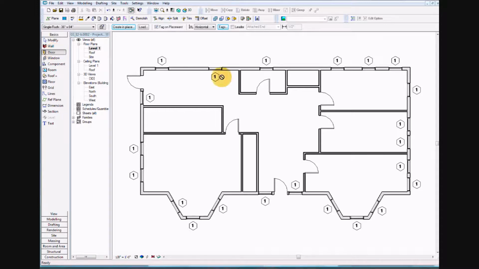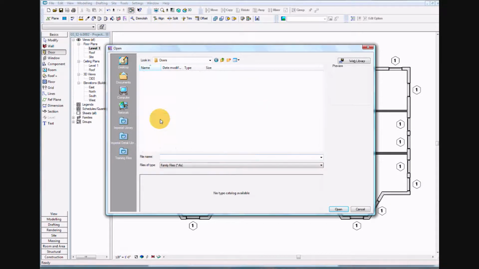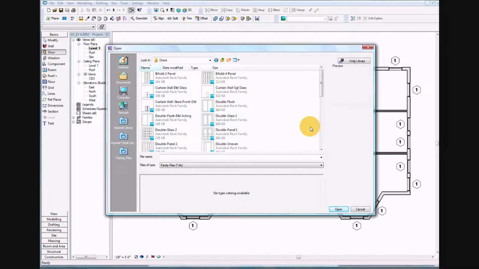on the design bar, and then go ahead and select load, and we'll go ahead and select doors. Now if you don't get this, I may have put it on the server for you if it's not already on your C drive. And you can also access this from the internet if you don't have it. Now my window is already loaded, so once it's there, once you load it, it should stay there permanently, but if it's not there, you can either load it from the internet or you can get it from the server through a link. And then go ahead and select the double panel 2,